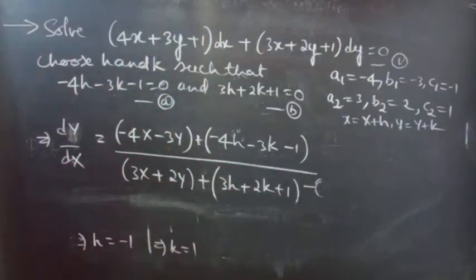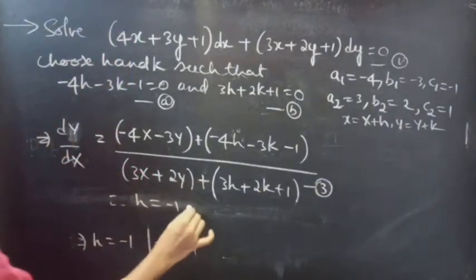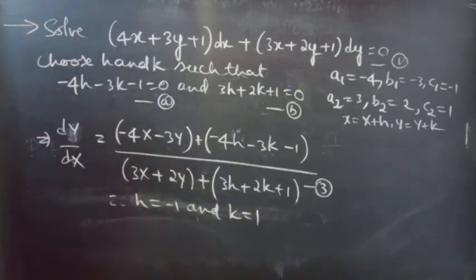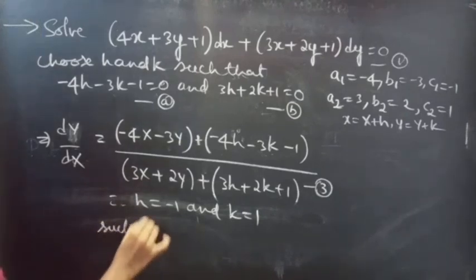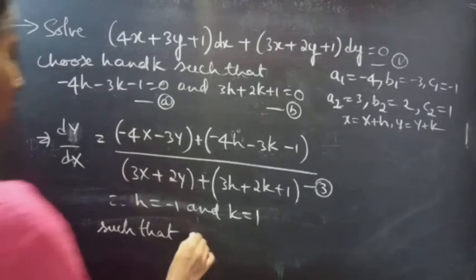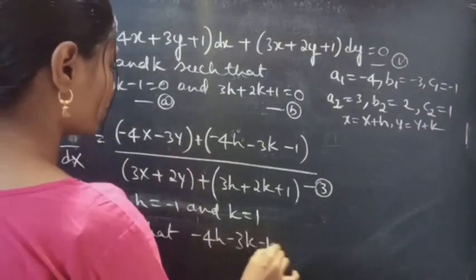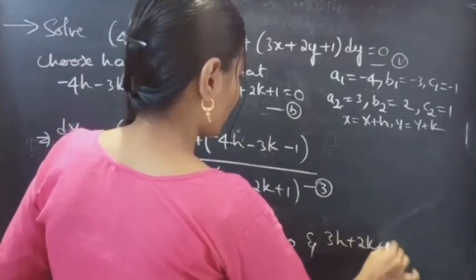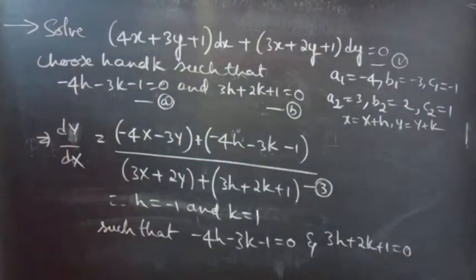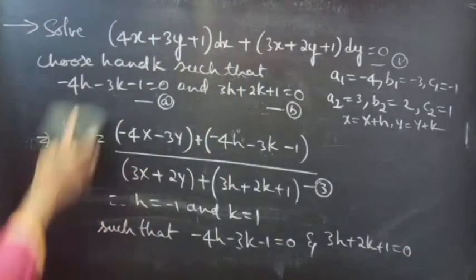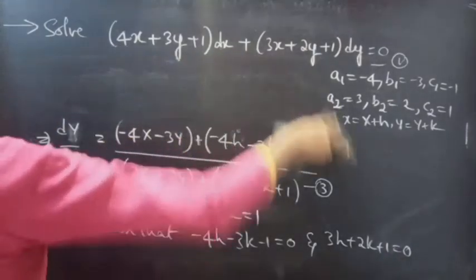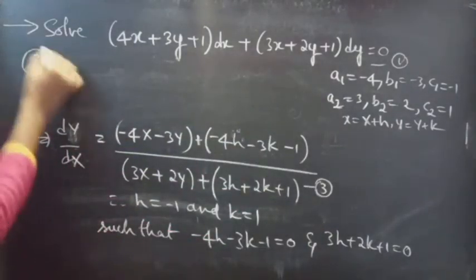Therefore, h equals minus 1 and k equals 1 such that minus 4h minus 3k minus 1 equals 0 and 3h plus 2k plus 1 equals 0. Okay. Now, equation 3 becomes